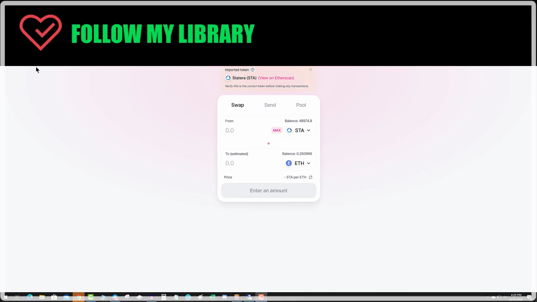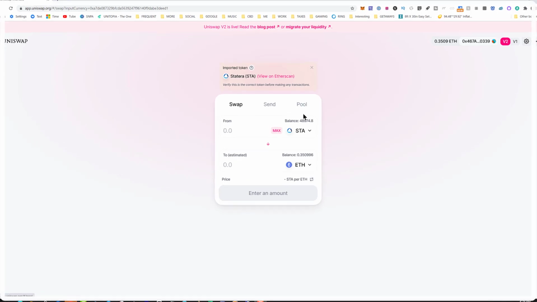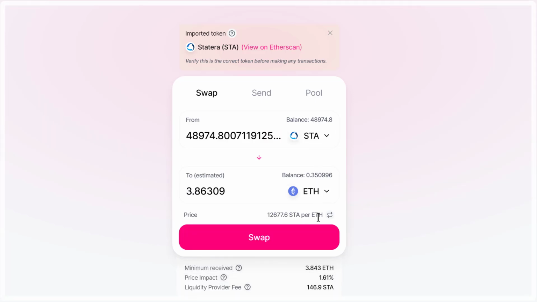So if you don't understand how Uniswap works, think of it as tiers. There's only so much you can buy or sell in any given tier, right? So here's an example. I have 48,000 stock. I'm going to go ahead and hit max, and you can see that it says I'm going to have a 1.61 price impact. So that is the estimation. That means that if STA is currently at this price per ETH, I could take